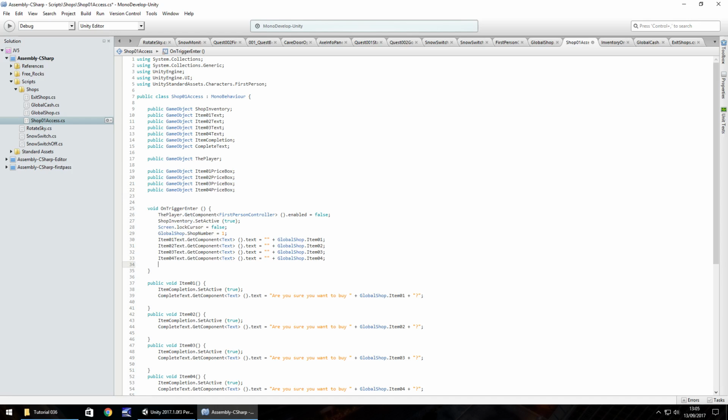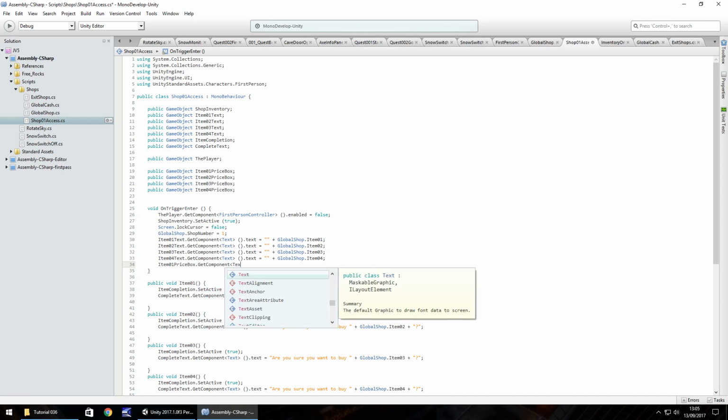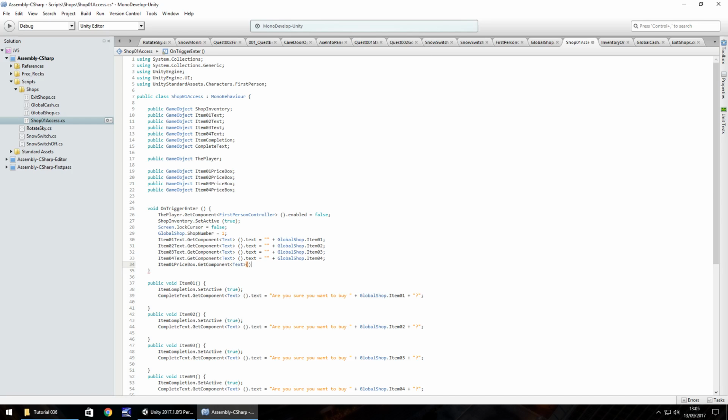And what we need to do is item01PriceBox.GetComponent<Text>().text = "Price: " + GlobalShop.item01Price;